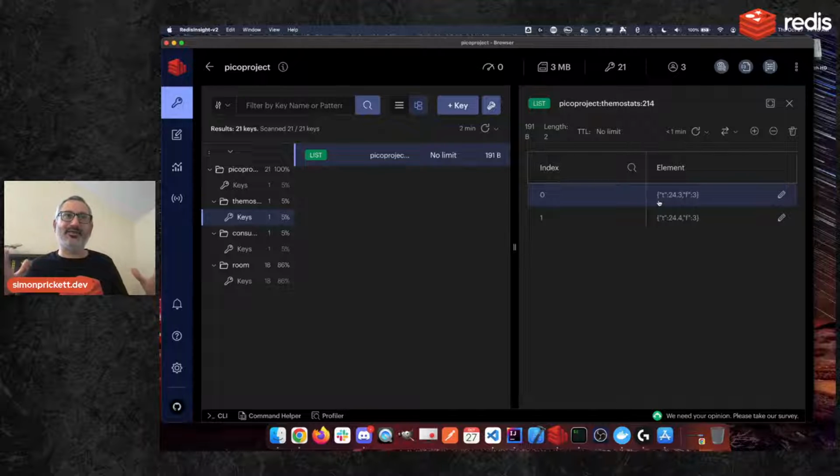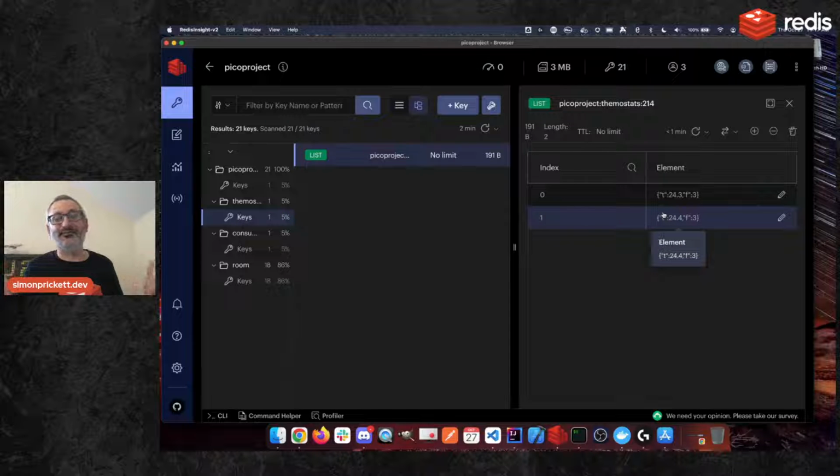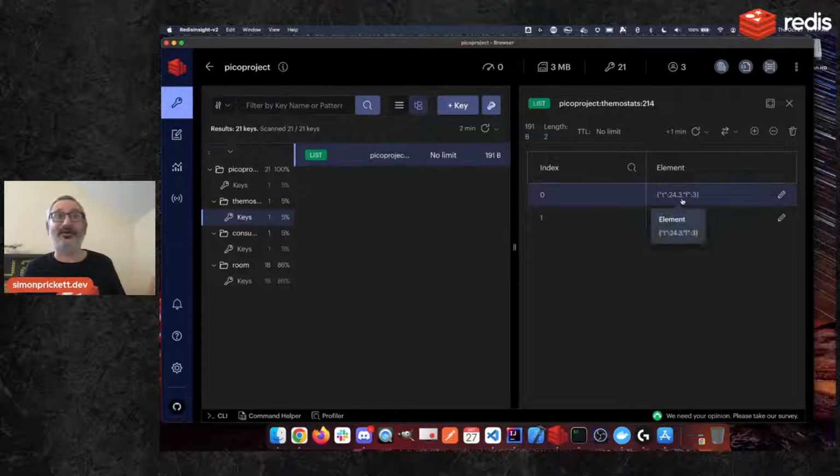And then when you put it all together, we'll have a system whereby the producer Pi with the temperature humidity sensor and the light sensor on it is pushing entries into a stream. The node code is reading those and populating this list, or list per room of rooms that are over temperature. And then something is working this list going, oh, I need to display what the temperature is and run the